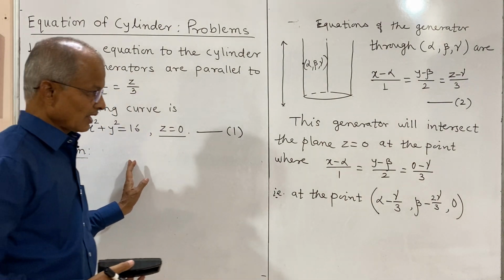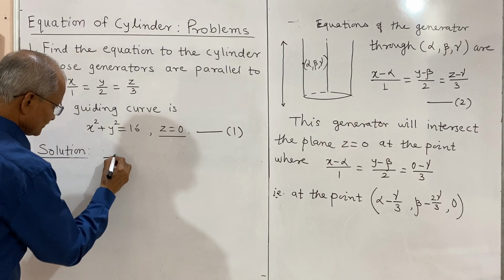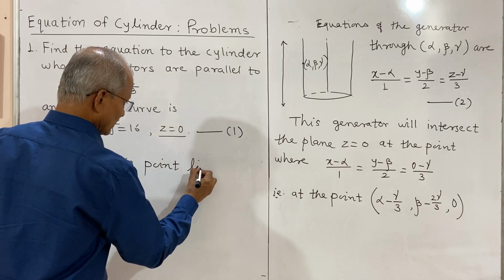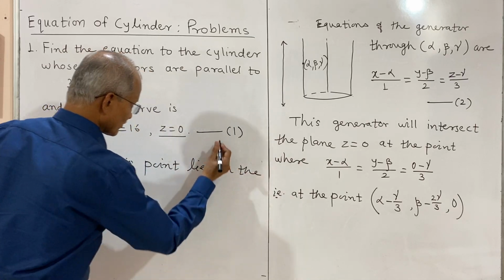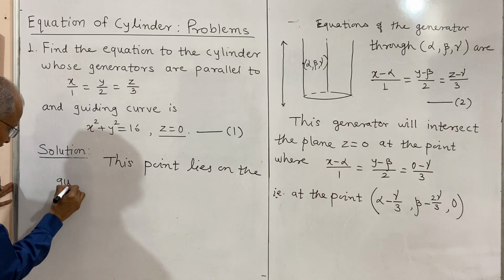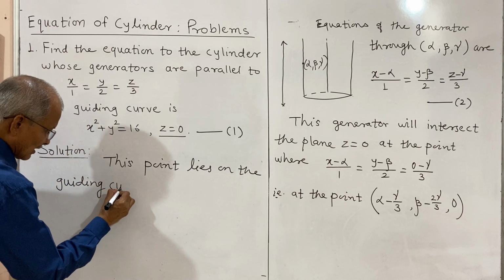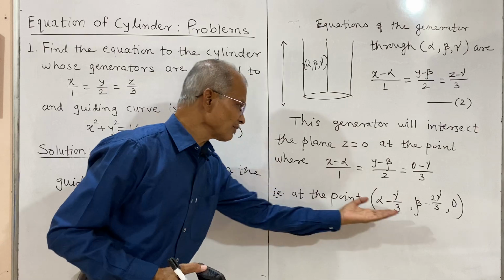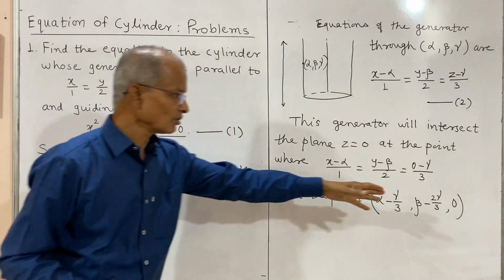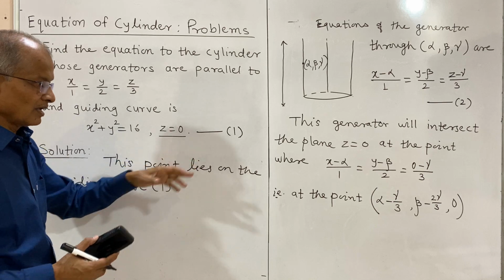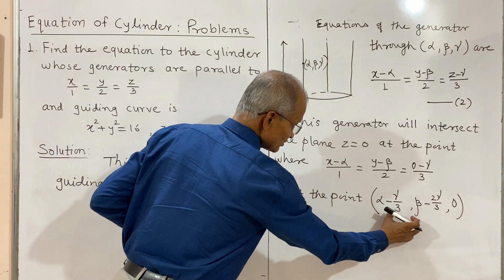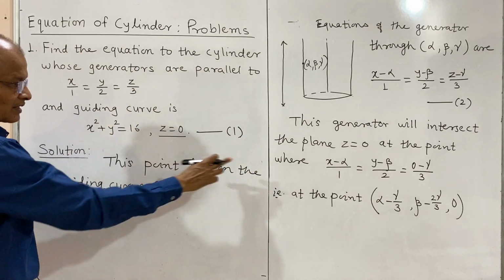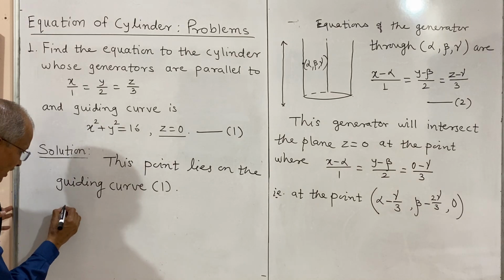Because it is a guiding curve, this point lies on the given curve, which is the guiding curve. Therefore the coordinates of this point must satisfy this equation. Now this is obvious, z is 0, that is we have used the condition already. Now what we shall do is use the condition that this point lies on this curve, and therefore put x as alpha minus gamma by 3, and therefore we have